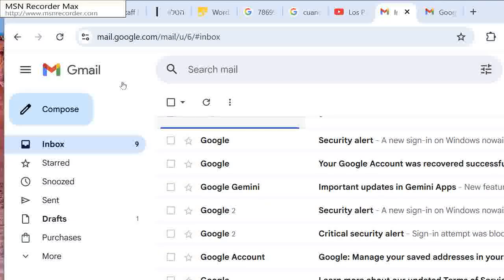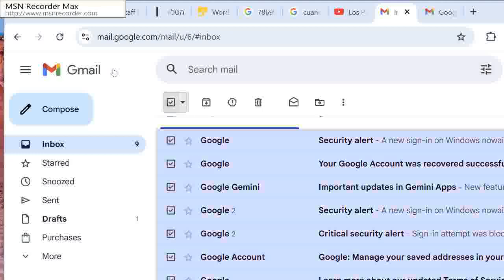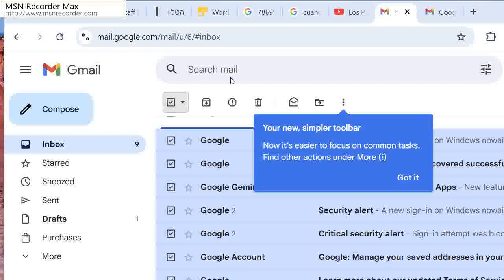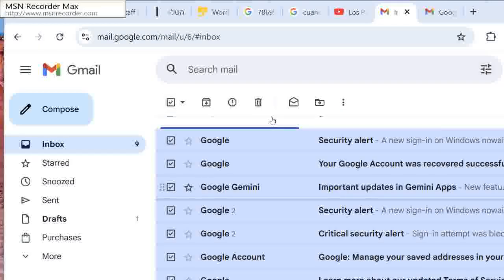All of these are outdated. Your new simpler toolbar. It's now easier to focus on common tasks. Find action under more. When I delete all these messages,